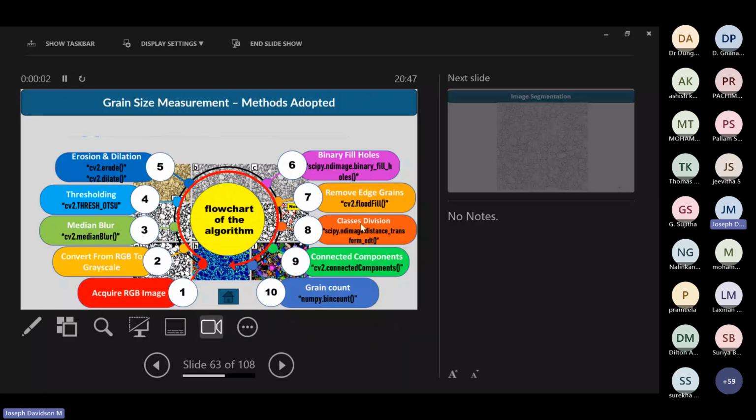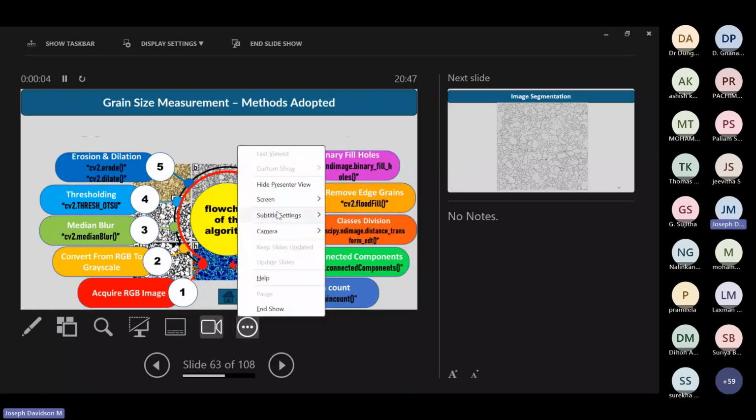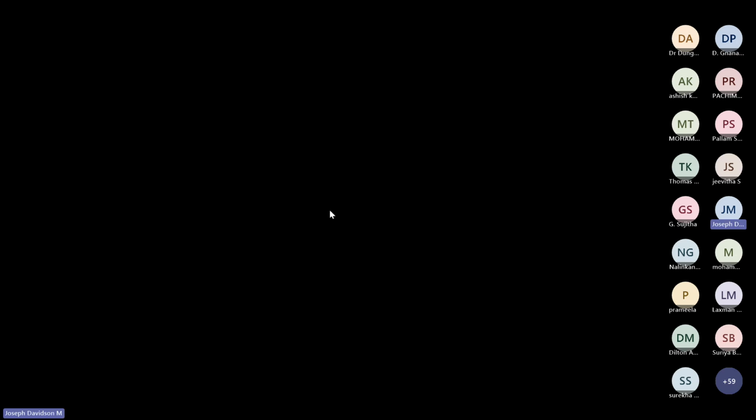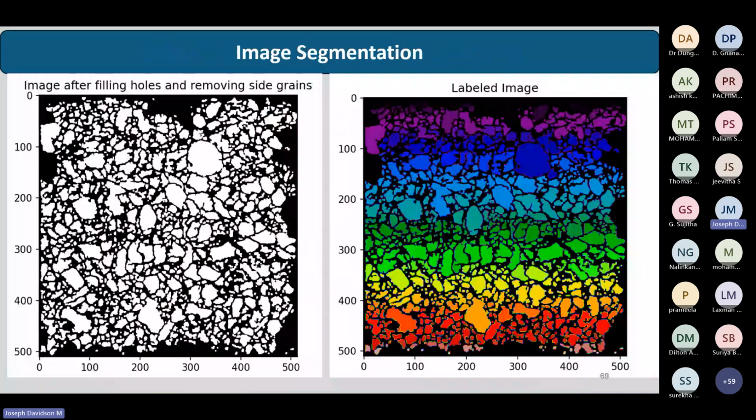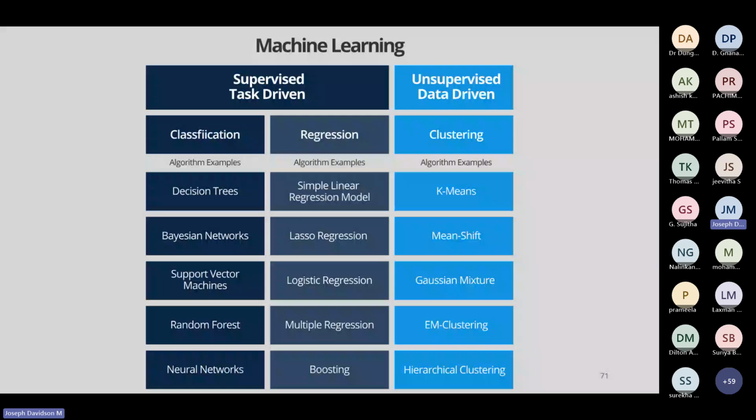We can prepare a sample that is good enough, avoiding all the inherent problems, do all the polishing work and give it to the system. In fact, I was uploading an image, correct? You straight away take a microstructure and bring it to the system, you upload it, and it gives all the relevant data. Still, there are a lot of things we did actually. I have shown you only a very small area. This is how we can use different techniques available in image processing, and we can measure this.